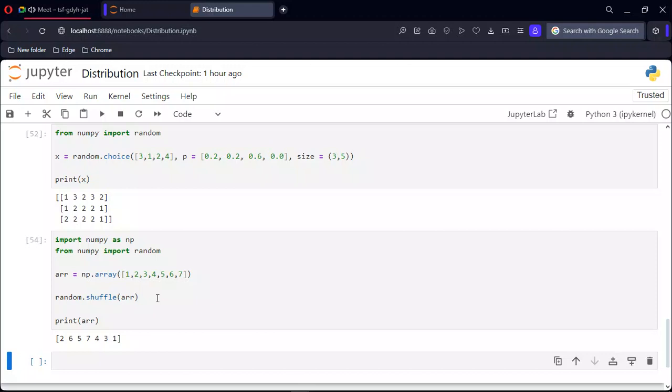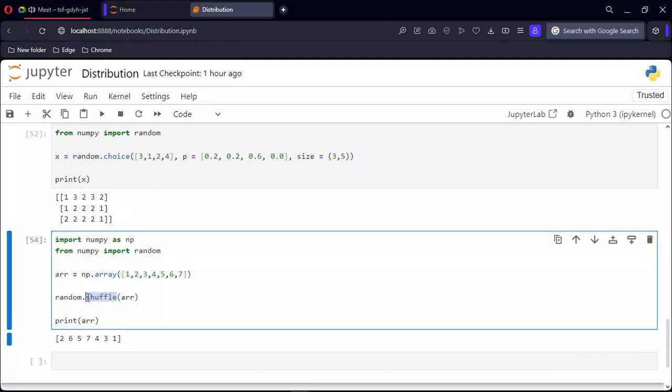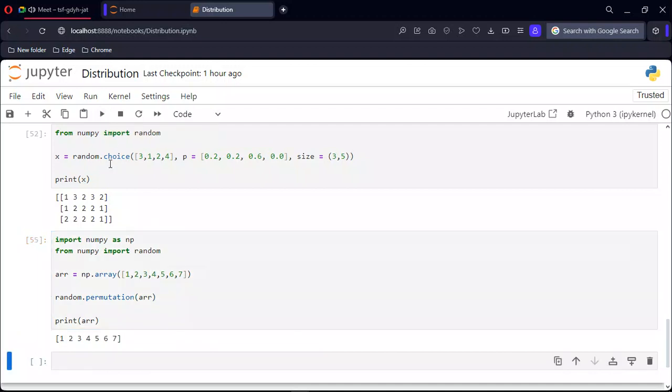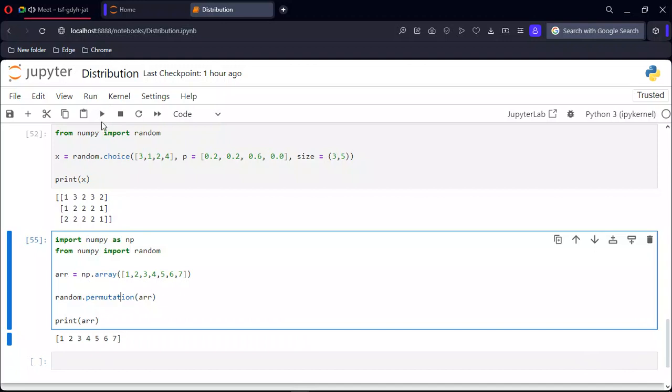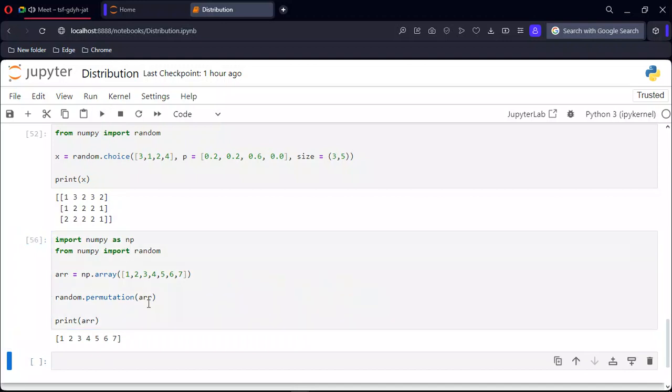Also there's another one called permutation. You can try that also, but I did the last one, the permutation. So this one also generates a random permutation of elements of this array here. I think the spelling is correct. So you can see whenever I run it again, the values will be